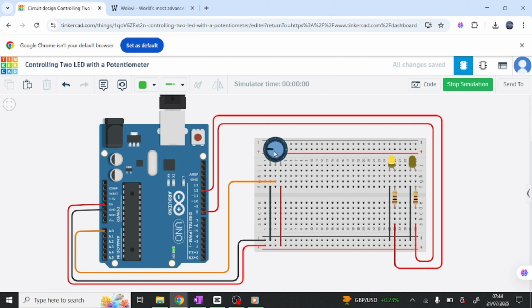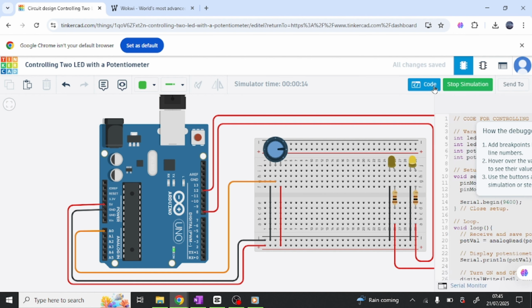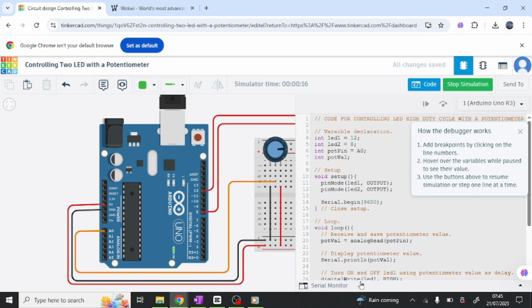Okay, you can see how they blink. Now if I change the potentiometer value, the value of the potentiometer is used as the delay. If you look at the code now and check the serial monitor, you see